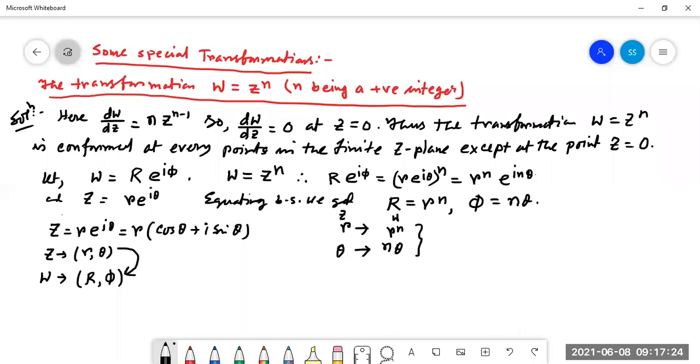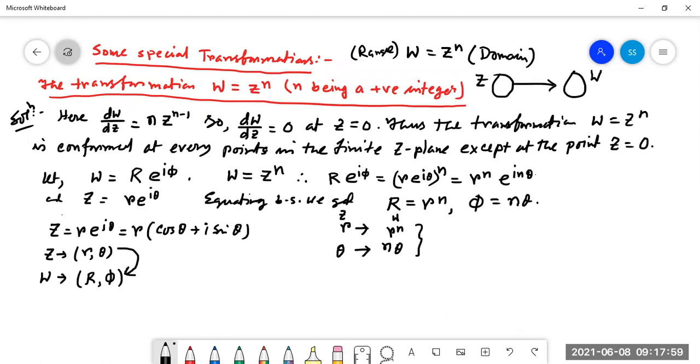Here we have to make the transformation, that is, w equal to z to the power n is given. So we have to make the transformation where it is already given that n is a positive integer. Now at first you have to look at what is given. Here it is given w equal to z to the power n. So this is the domain and this is the range. Actually we know that this is the Z plane, which is the domain. From here we have to check the W plane, and this f should be coming here.